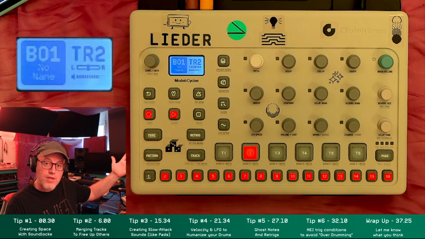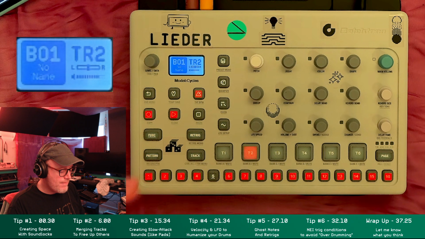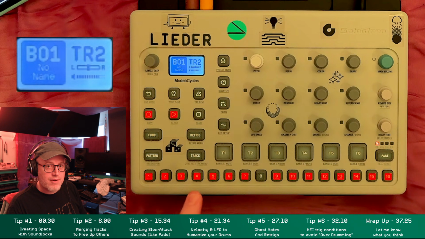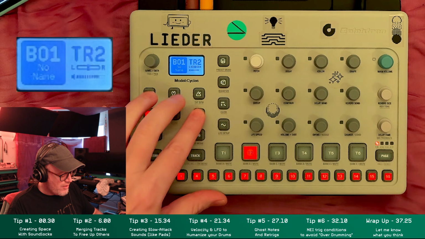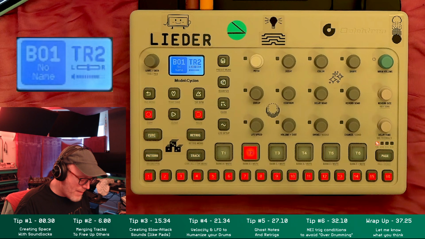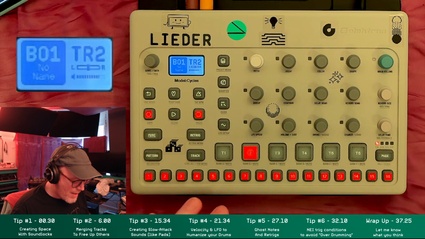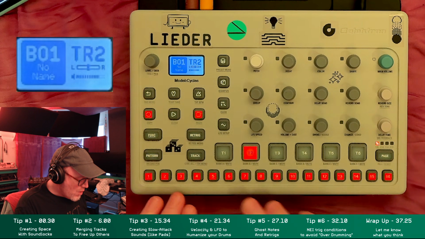All right, well, the crash is not hammering every time. It's not going off every time. But we do have a large gap as this comes around. I don't want that. I really don't want that. So I'm going to address this first, and then I'm going to come after the crash and give that more space to ring out in the beginning. So we are hearing